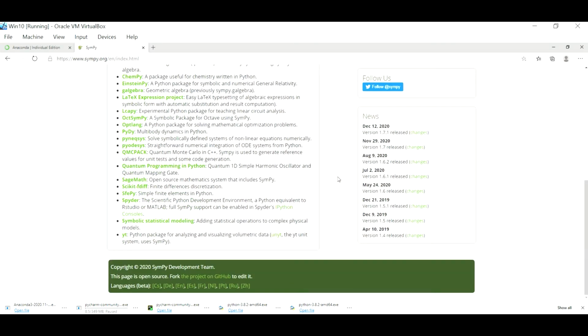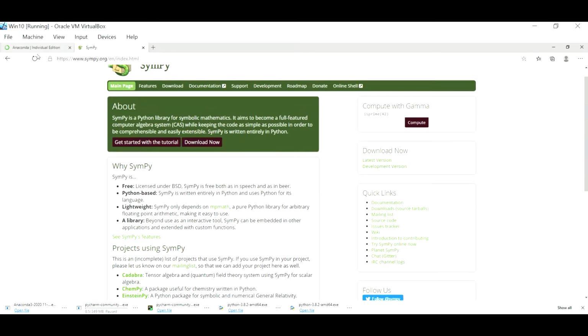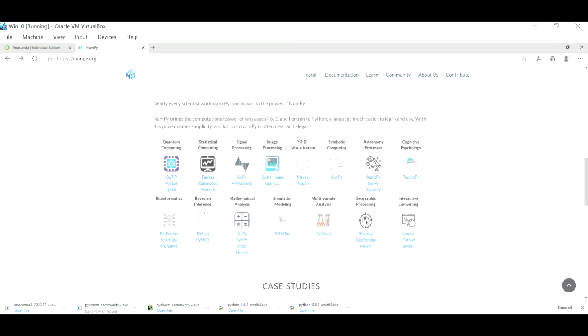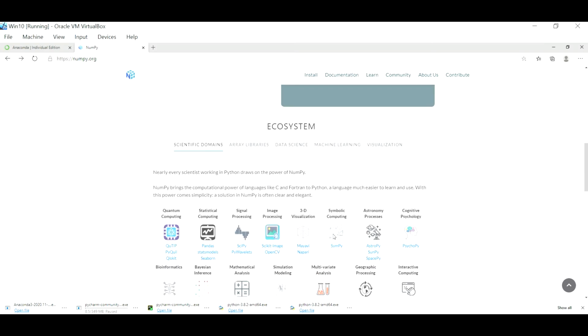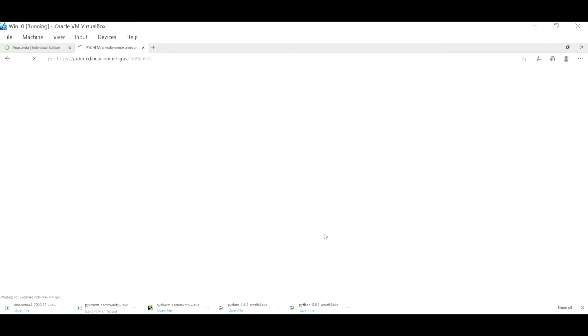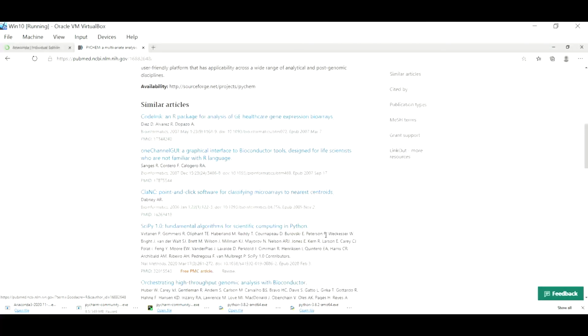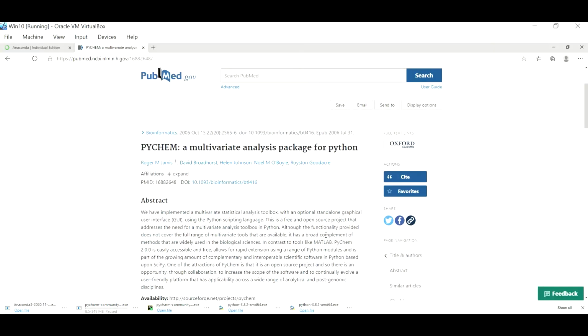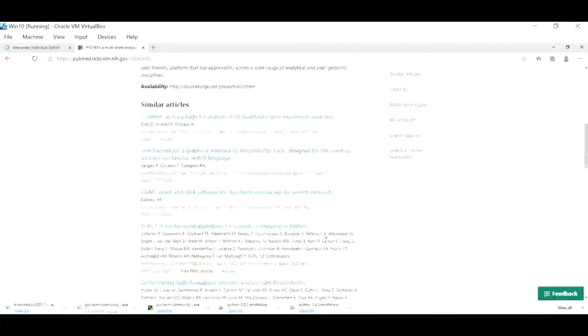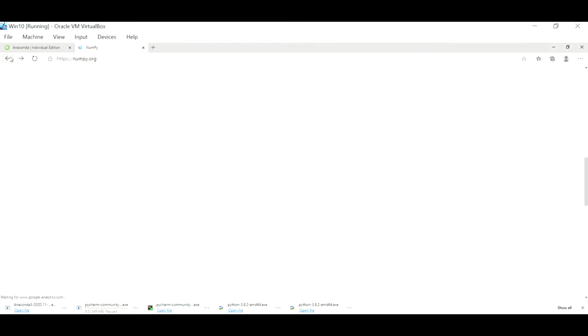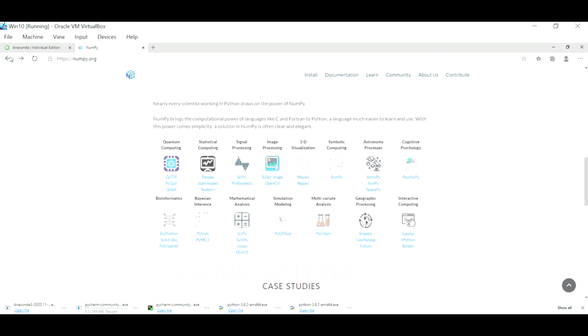So if you want to do linear algebra, you would use SymPy, right? If you want to do chemical analysis, I've never used this one before, but somebody has already developed it and published its results, and it's open source for you to download. If you ever develop a code or a package library for Python, you can name it whatever you want, put it out for the public to use, and that's how the Python community contributes and builds on top of previous